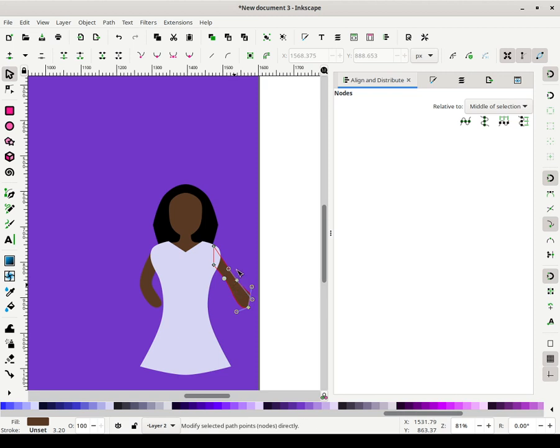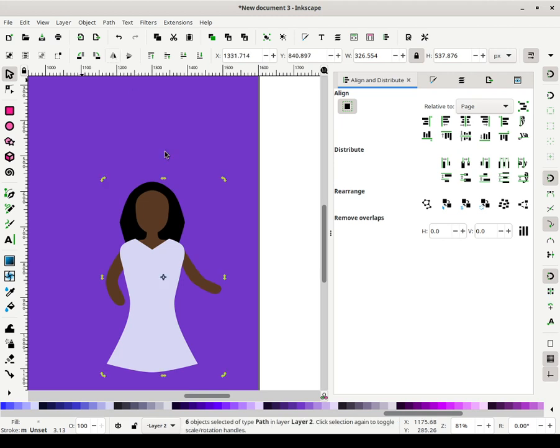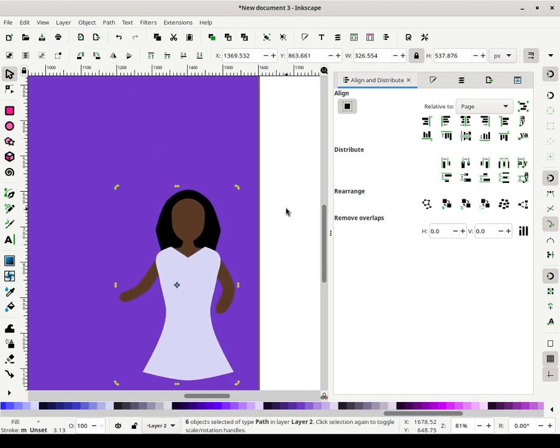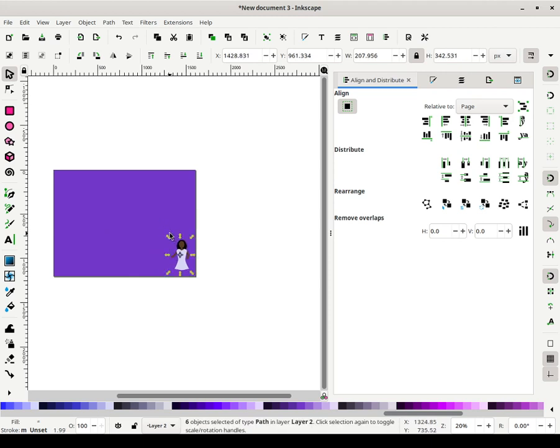Why did Inkscape add an extra node when I did not ask it to? Minutes left. Can I do it?